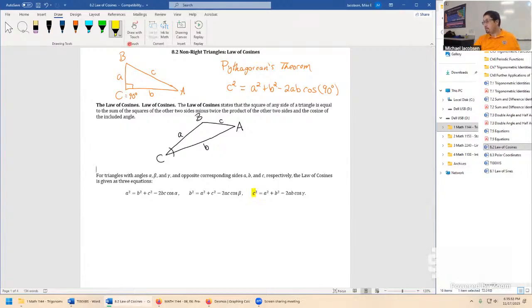c squared would be, taking this angle C, you deal with the other two sides, a and b, square them, minus 2ab, and then take the cosine of this angle C here. I notice this is alpha, beta, gamma. Let's use alpha, beta, gamma just to keep it as similar as possible. So this is alpha, beta, gamma. Sorry for that distraction there. We might as well keep the same angle measurements as they're using in the formula down below.